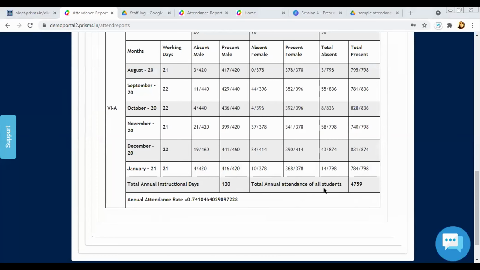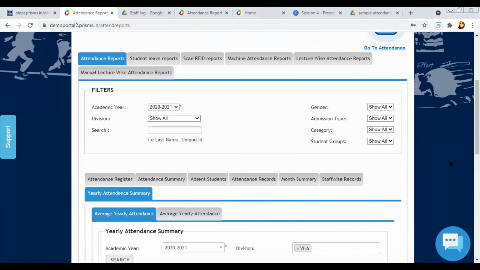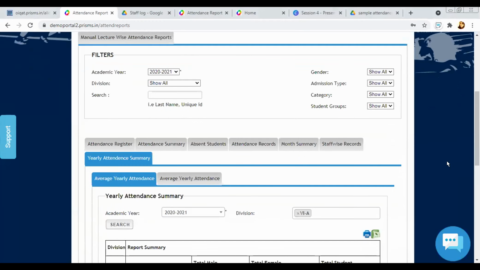There have already been updates. These are the old reports, and there are a few new updates also. I have seen your attendance and all that record, which is as per the UDAS or Shala Siddhi record.